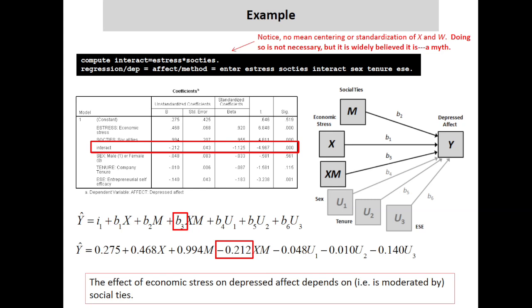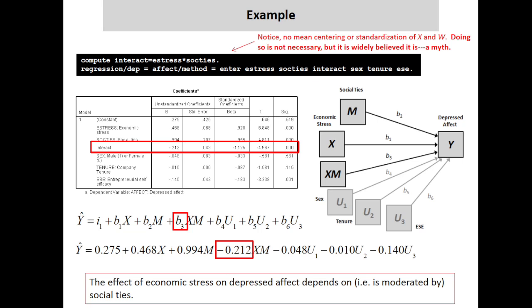So from that, all we conclude is that the effect of economic stress on depressed affect seems to depend on, or is moderated by, social ties. That's all that we've got from this so far. This is a very abstract mathematical representation of the data. How to make sense of it is anything but clear. We have this estimate. We know it's different from 0, but so what? What does that mean exactly, except that we now know that this relationship between stress and affect is dependent upon social ties? A picture is always helpful,